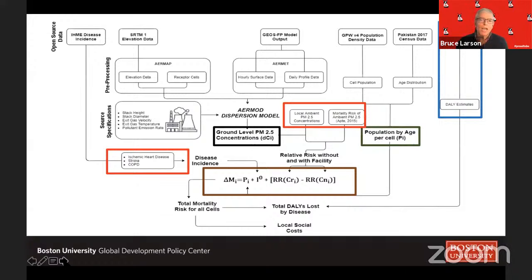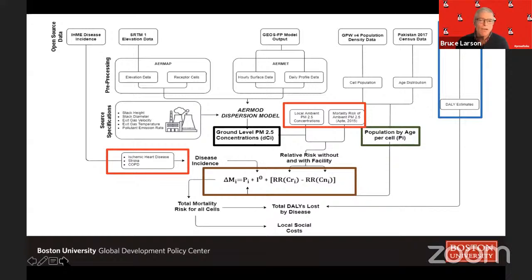We have our underlying disease incidence for the different diseases and the relative risks based on the ambient concentrations from the red boxes. And basically we can put these pieces of information together into one simple equation that comes from prior analyses of mortality risks from ambient PM2.5, this APTI 2015 paper that we can pass along the reference. And basically the change in mortality risk is just